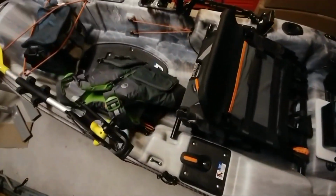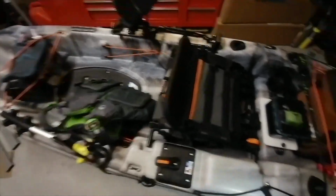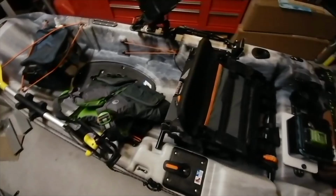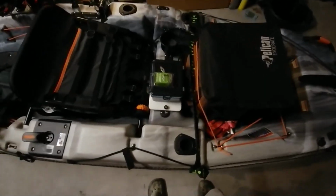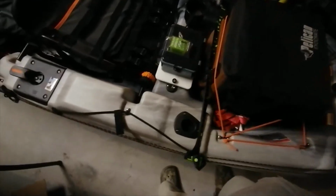I went with the 110 simply because I want a smaller kayak. I had a 12-foot Ascend, and half of the space in the front was just never used. And it's just a lot of extra kayak that I don't really need. The only thing that I don't like, and I don't know if